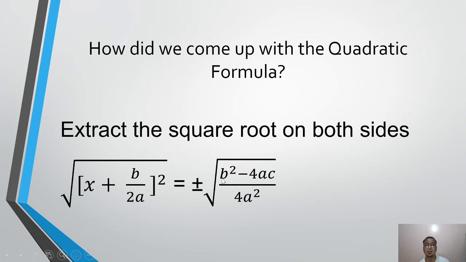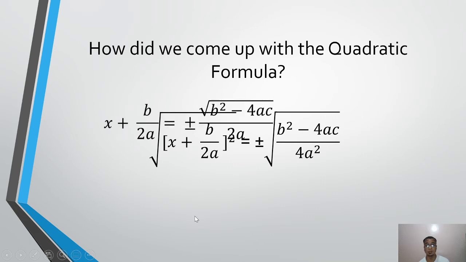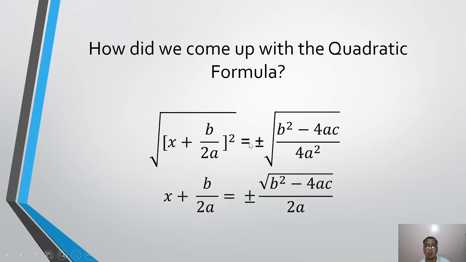Pinagpalit ko lang sila ng pwesto para yung negative natin nandito na lang sa gitna. So dito, upon extracting the square root, sabi ko kanina makakancel to, so ang matitira ito na lang nasa loob, which is x plus b